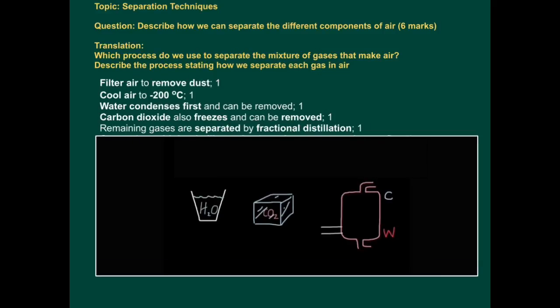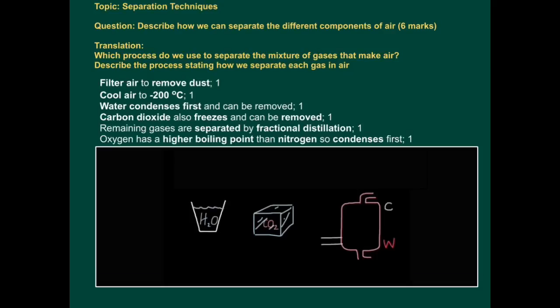The remaining gases are separated by fractional distillation according to their boiling point. So oxygen has a higher boiling point than nitrogen, so condenses first. So you can see that as these gases enter the fractionating column, oxygen will condense first